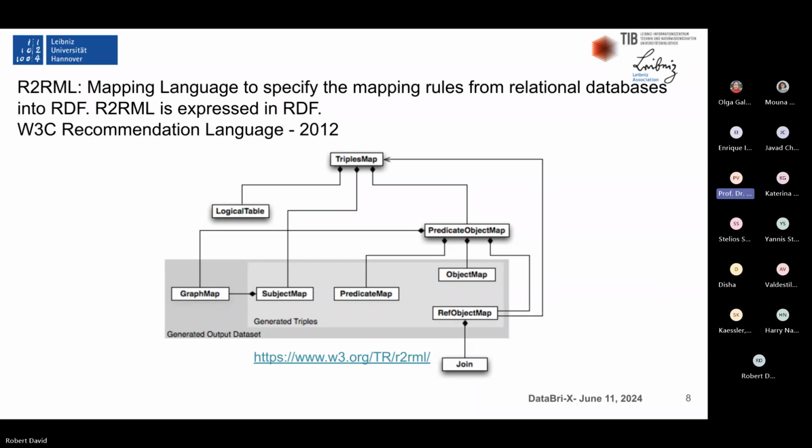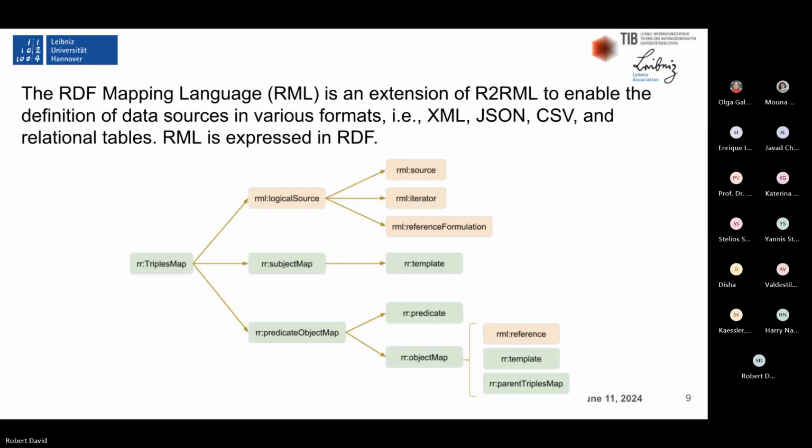And second, that this is expressed in RDF, which makes the mappings another part of the metadata that can be included as part of the knowledge graph. And this is something that we are also able to manage. So please go next. And RML, on the other hand, instead of just having the properties that we define for